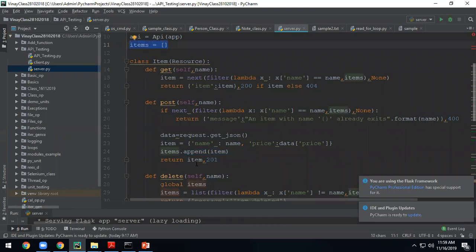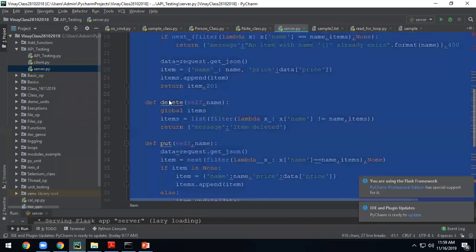You got it? First, what you usually do when you call with get, you will always get item is not available because it's an empty list. I don't have a database. When you call get directly, you don't have anything there, so you will get a 404 response. Now, when you do the first post as a chair, you will create an object and a resource here, and you'll have one item. That time you can call a get method to get what you have added.